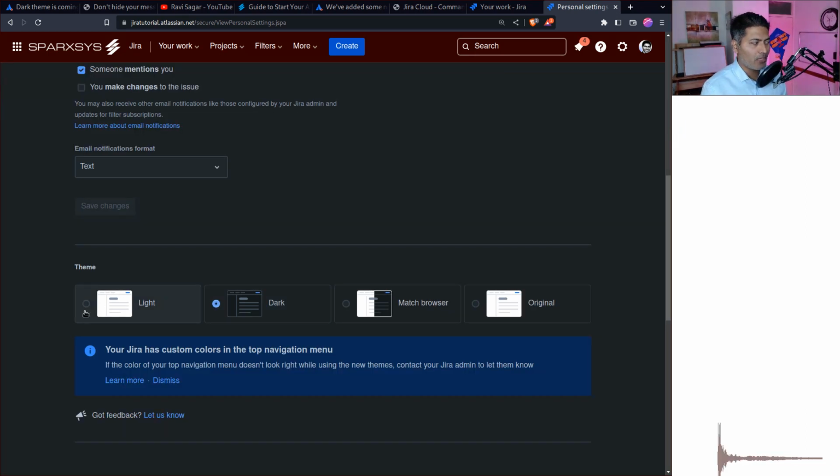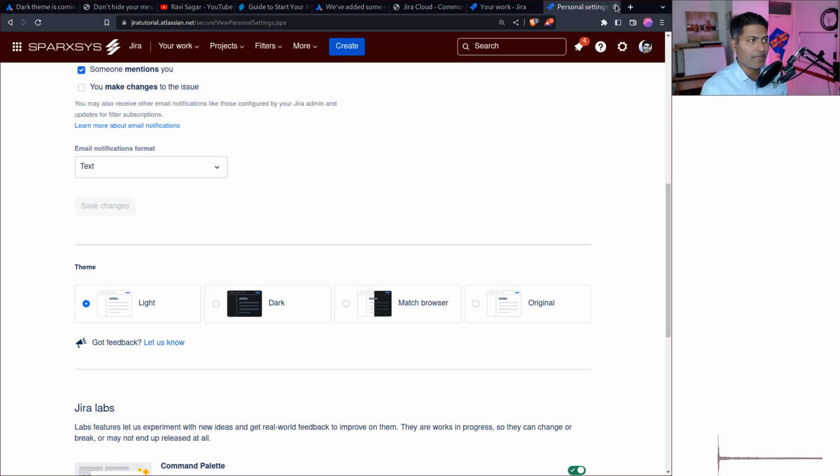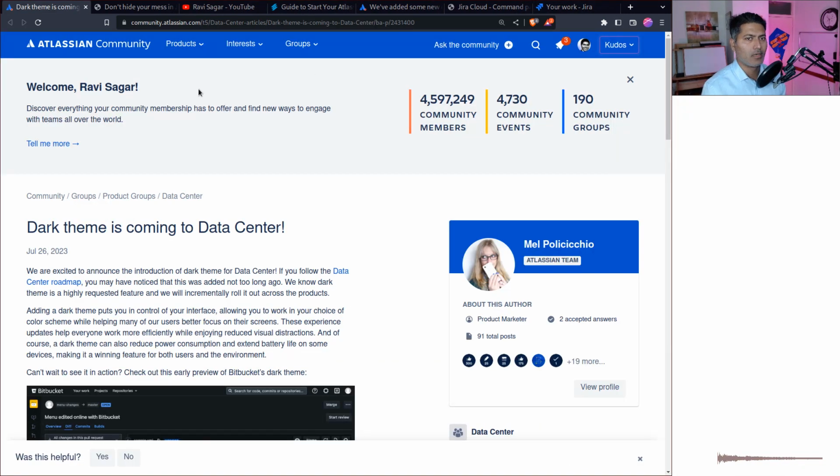I have not really started using the dark theme on Jira Cloud because number one, I'm not used to it, especially for Jira. And number two, the dark theme still doesn't really work well with all the apps. But now dark theme is also coming to Data Center. Now on Data Center,